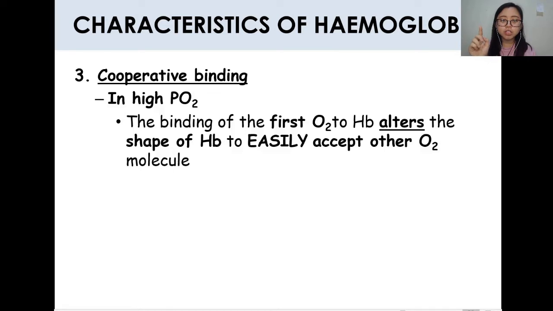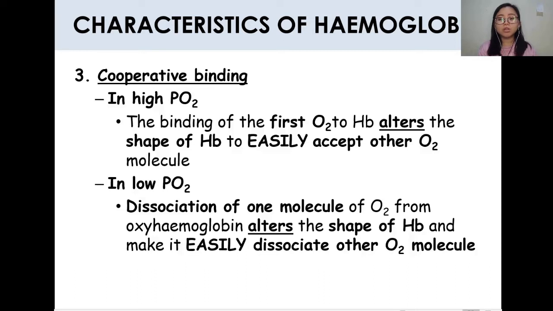The first oxygen binding alters the shape to easily accept the other oxygen molecules. And the opposite will happen when you have low partial pressure of oxygen. In the second scenario, which is low partial pressure of oxygen, low concentration of oxygen,